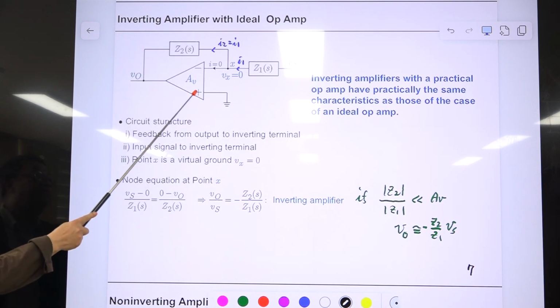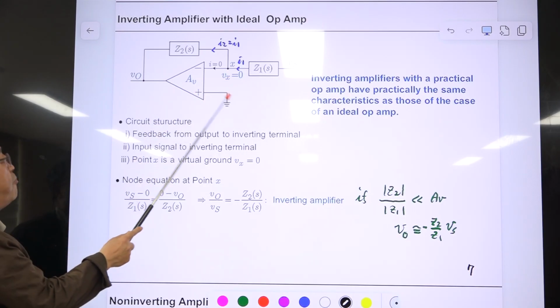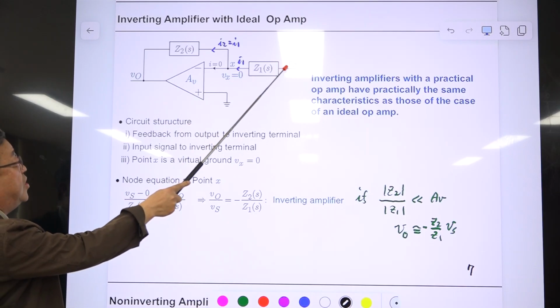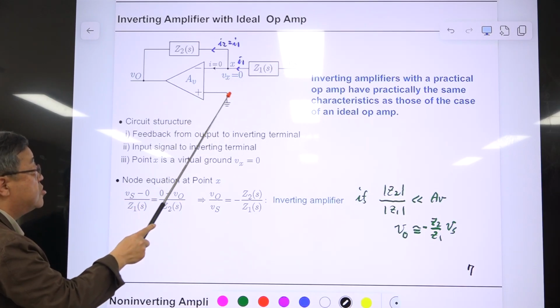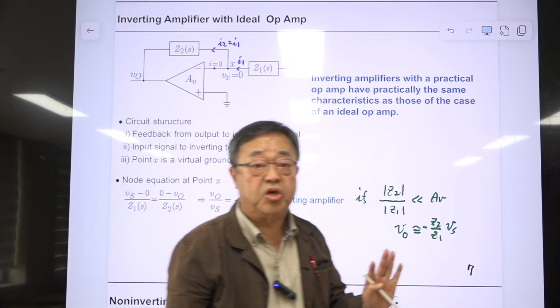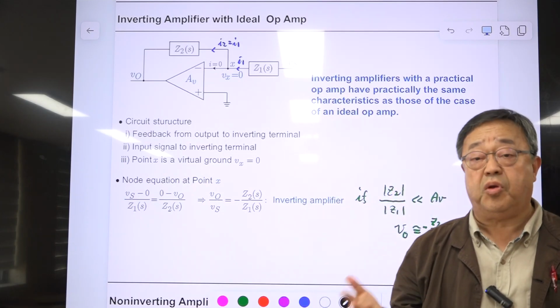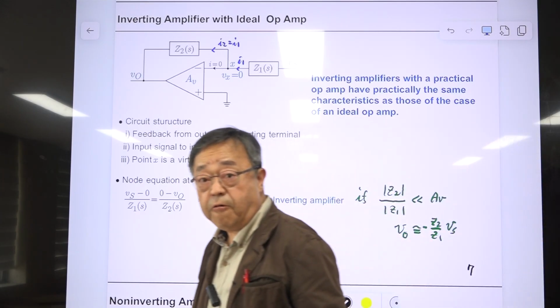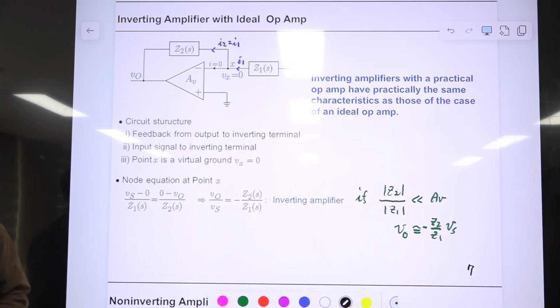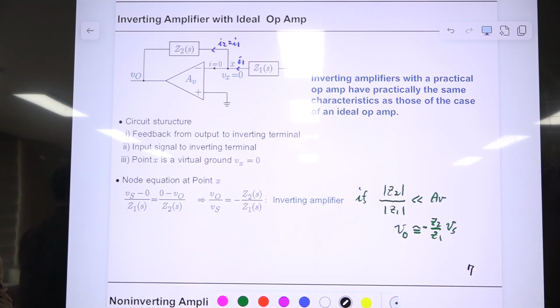We have another input port here, the non-inverting terminal. Then you may apply the input voltage not here, but here, with some impedance element or directly. That amplifier is called non-inverting amplifier. Because there are only 2 inputs, there are only 2 classes of amplifier: inverting amplifier and non-inverting amplifier. If you know those 2 applications, you know everything about all kinds of application circuits of this amplifier.